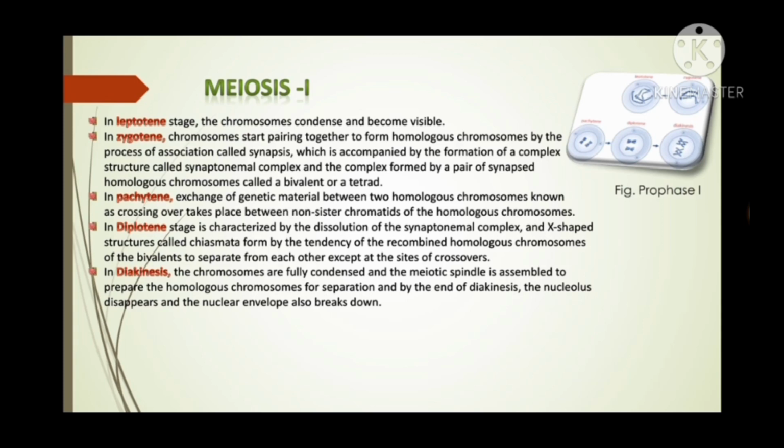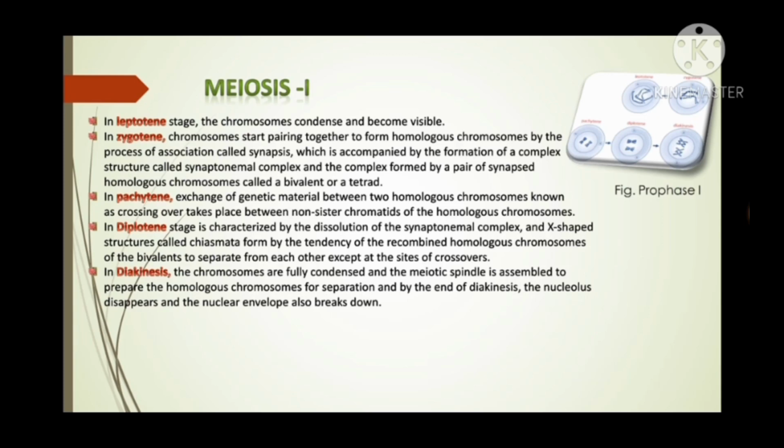Talking about the leptotene stage, the chromosomes condense and become visible. What happens actually is the centrioles, already duplicated, move apart in pairs. Astral rays appear around each centriole. Spindle begins to develop and chromosomes differentiate from chromatin fibers. So they are double, each containing 2 identical chromatids. So compaction of chromosomes occurs, and this is followed by the second stage of prophase 1, that is the